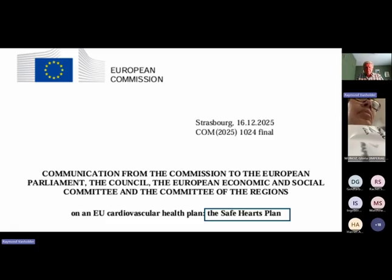And with the EACH group, we were happy that the European Commission, after its 30 years of focus on cancer, now also saw that there were more chronic diseases than that, and they decided to develop an EU cardiovascular health plan that they called the Safe Hearts Plan. Of course, we would be more happy if there would be a kidney disease plan. But for the time being, I think that it was good to have this Safe Hearts Plan, and we jumped